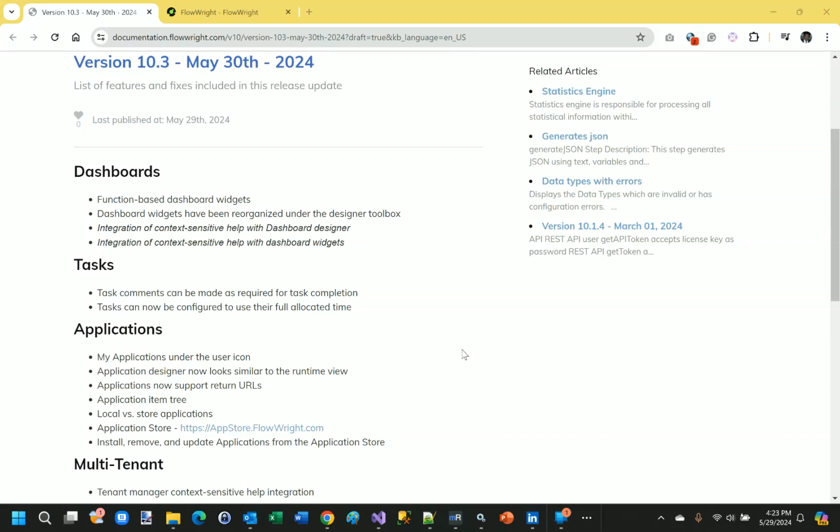First is dashboards. We have made dashboard widgets easy to build, where it's more function based. So basically, you can write a DLL with methods, and then you can configure function-based widgets pointing to the functions that you have written in a DLL. So we made it much easier to use. We've heard from our customers that it was a bit difficult to implement them, so we made it much easier